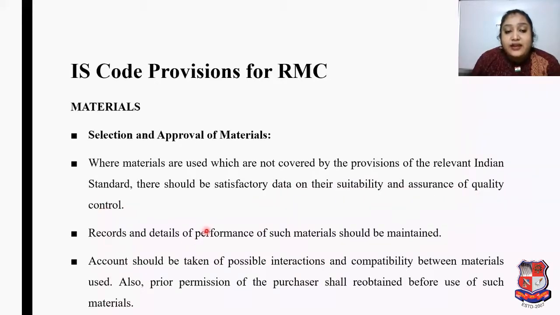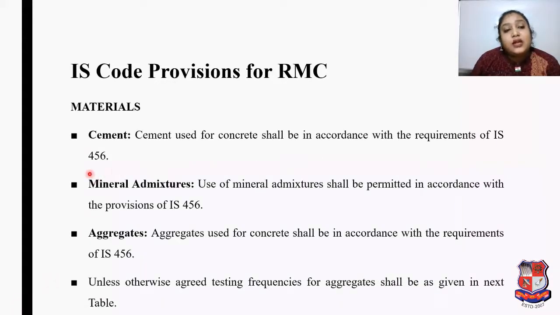Records and details of performance of such material should be maintained. Account should be taken of possible interactions and compatibility between materials used. Also, prior permission of the purchaser shall be obtained before use of such material. Under material, if we talk about cement, then cement used for concrete shall be in accordance with the requirement of